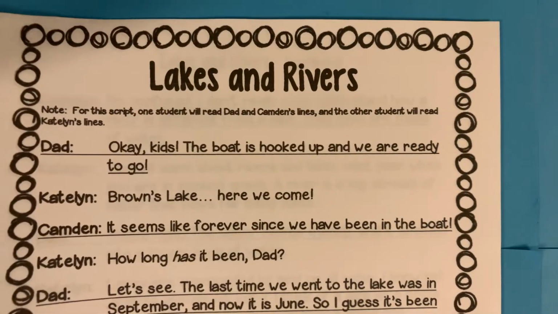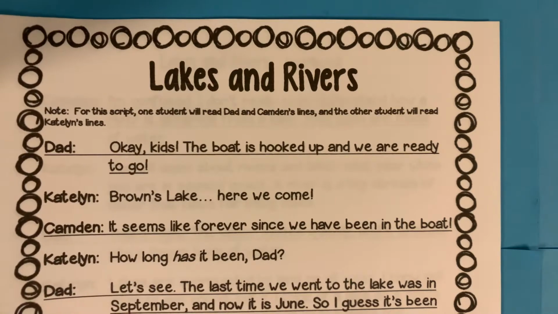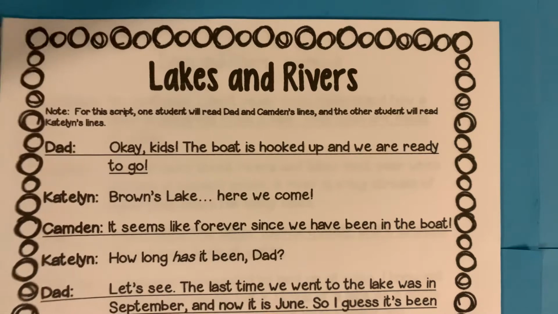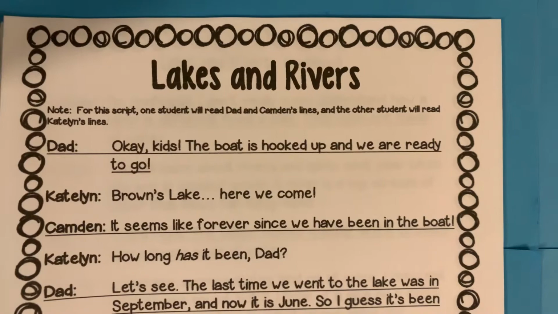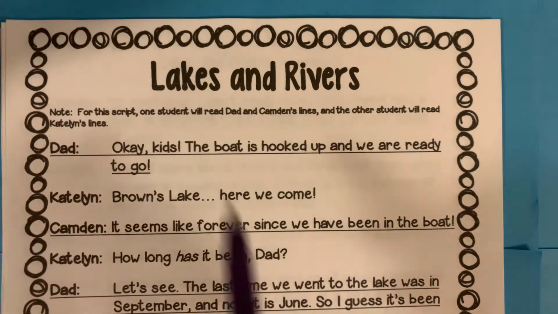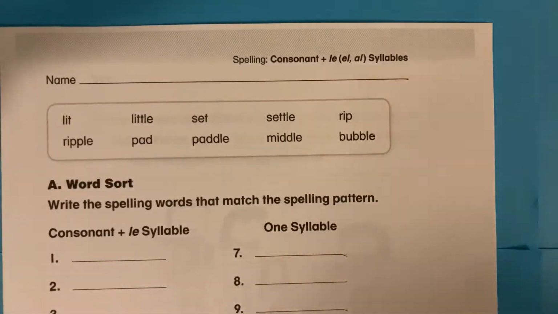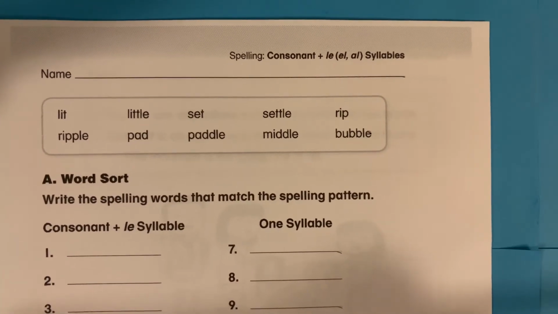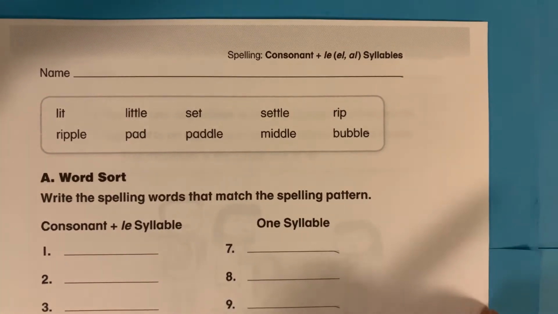Because we're reviewing and learning about landforms in science, we are having partner plays about landforms, and this one is about lakes and rivers. The next thing you're doing is your spelling words, and we learned yesterday about the letters or the sound ol at the end of a word,